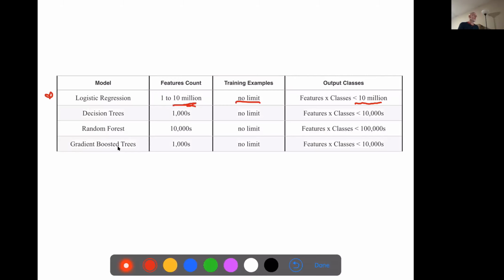Decision trees, which we'll look at a little bit later, we're limited to 1,000 features, in part because the algorithm is slightly more complicated, so it takes longer. Random forest, which is basically a set of decision trees, holds more. Even though we're dealing with Spark, there's definitely limits. It's hard to imagine people having 10 million features.